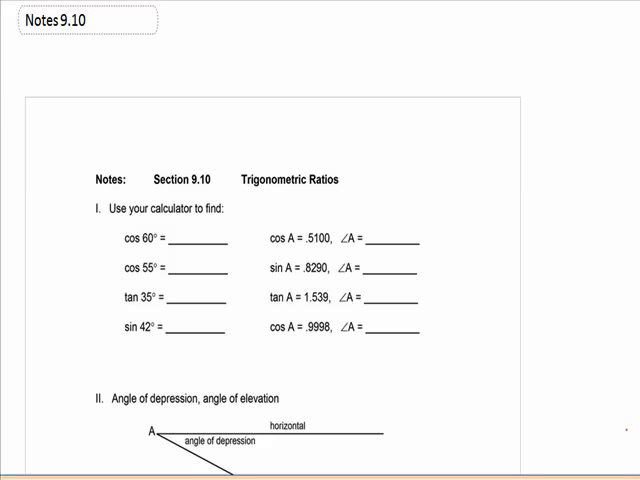Are you ready, Mr. Stern? I'm ready. All right. Well, before we can attempt to solve a right triangle, we first need to understand how to find the cosine, sine, and tangent of an angle. So let's take this first example, cosine of 60. Now, I think we could draw